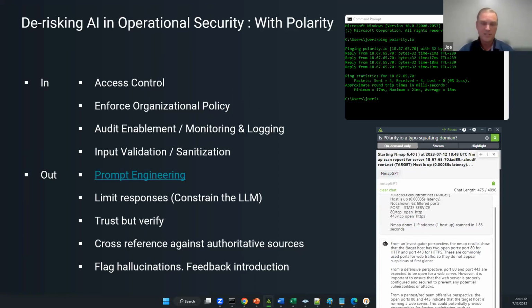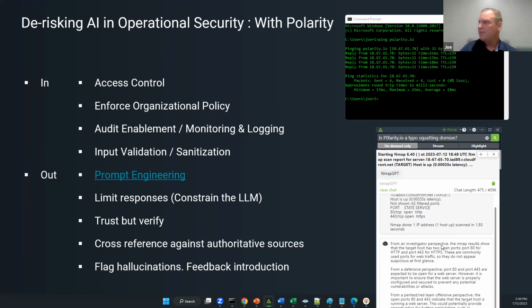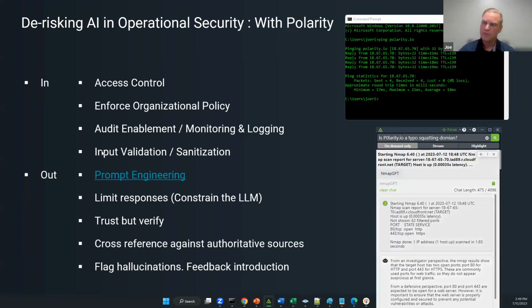And from an investigator perspective, which is how this has been prompted, these are the things you want to look for, right? I'm not going to read all of this, but this would be valuable for anybody who's doing offensive security or hardening a system, to understand what the exposure is on ports and services, internal or external, for an asset. But the thing that I want to identify here is within the scope of input validation and sanitization, we actually set up a rule just to take any internal IP, or any external IP. I think we set this one up for any IP at all, and scrub that.